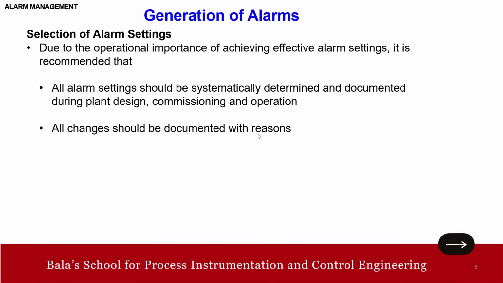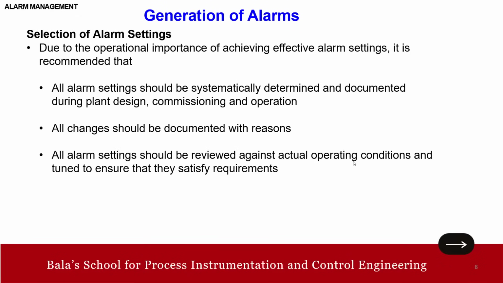All changes should be documented with reason. Alarm setting should be reviewed against the actual operating condition, and that is the point, actual operating condition, and tuned to ensure that they satisfy the requirements. Okay. So these are all the topics which I wanted to give you as part of this practical consideration